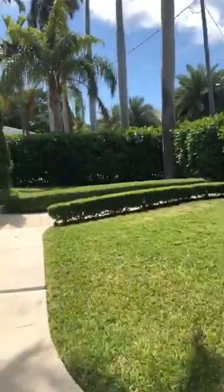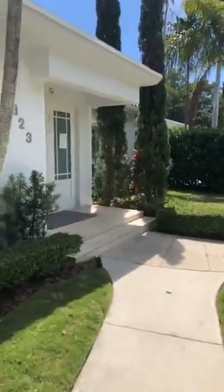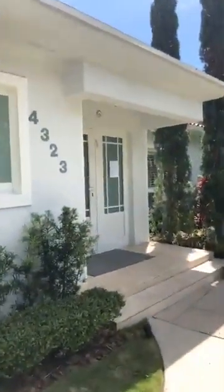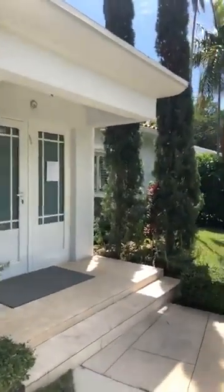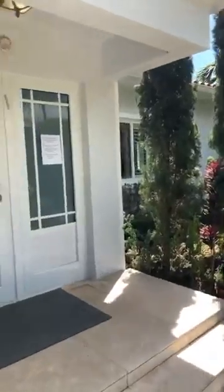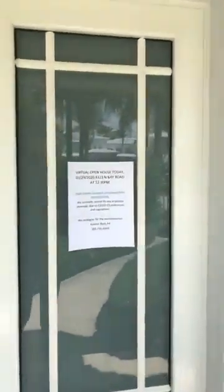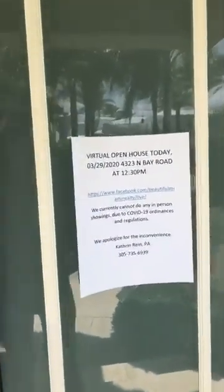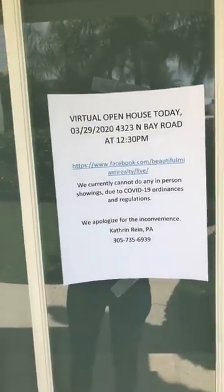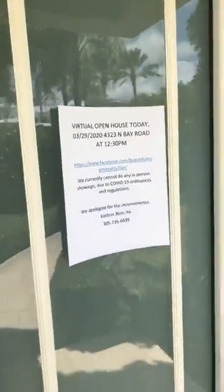And let me take you inside. Very beautiful house. This is 4323 North Bay Road. And again, this is our sign advising that we are not doing in-person tours. Unfortunately, at the moment, we're not allowed to due to local ordinances and regulations, but we'll be happy to give